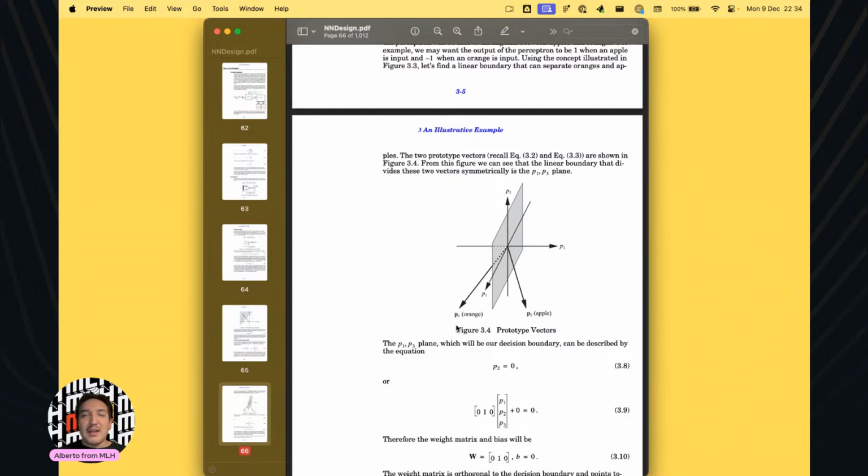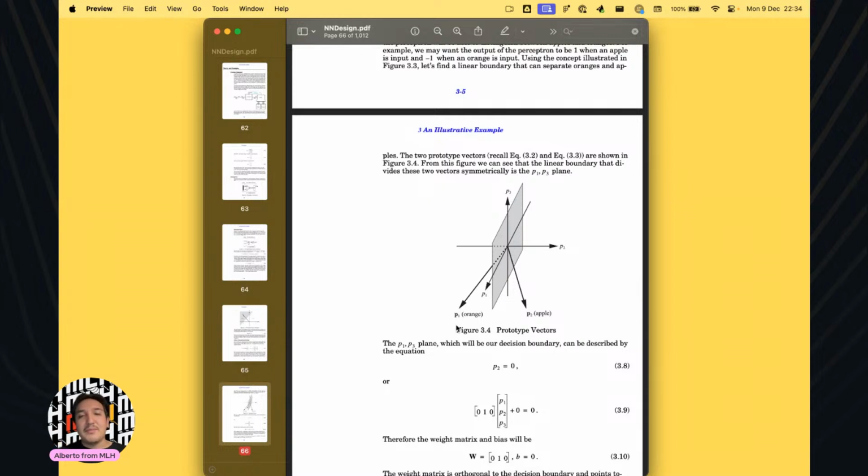Not all of them, actually, just this one is going to separate them in a symmetric way. So that's why we are choosing this one. But many other decision boundaries are going to separate them and classify correctly